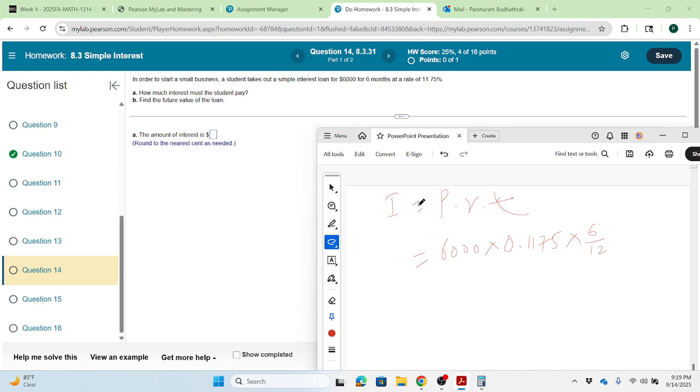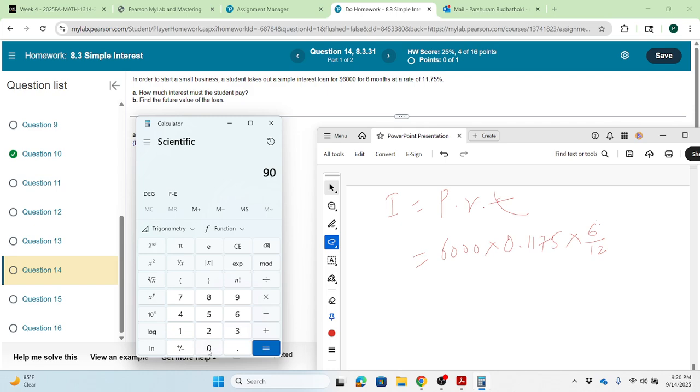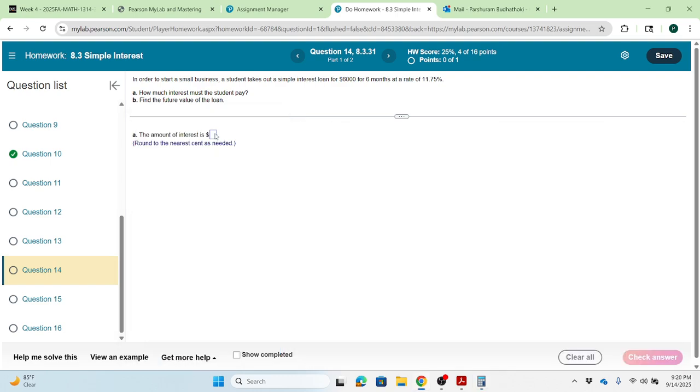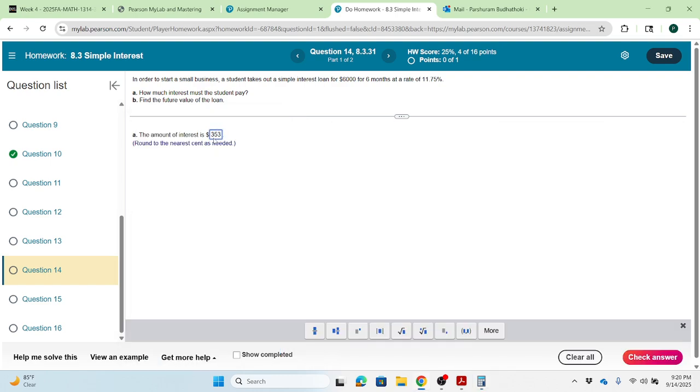You always have to convert time into years. In this case, 6 months can be converted into years if you divide that by 12 months, because there are 12 months in a year. Now use your calculator. So 6,000 times 0.1175 times 6 divided by 12, which is half, or 0.5. So this is $352.50. If you round it to the nearest cents, that's the interest,